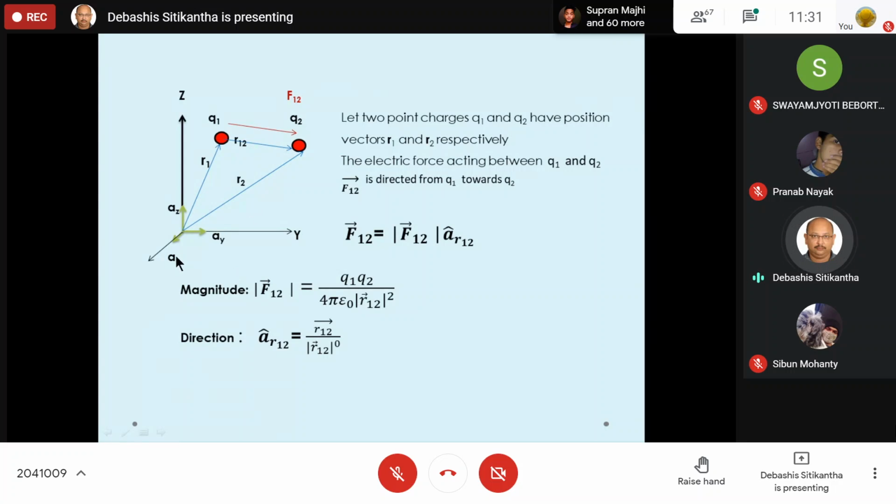Now, let us come back to Coulomb's law. Let us try to visualize what Coulomb's law is actually saying. Everybody, are you understanding what I am saying? Please be attentive from now onwards, because these things are different from what is given in the textbook, and the method that I am going to give you will prove very easy while solving the problems, and it will also explain the details.